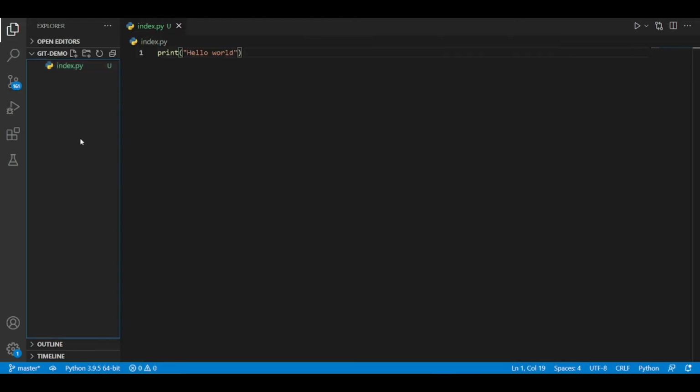So let's create one more file. Let me name it index2.py, and I will type print hello again and save it.